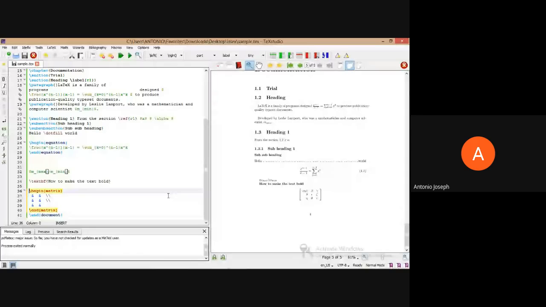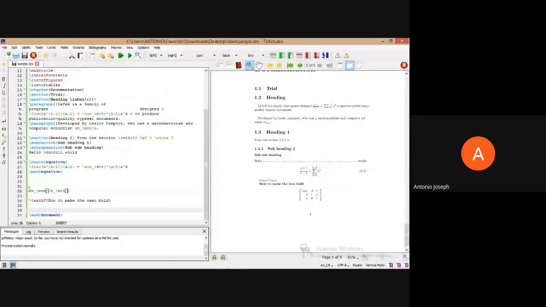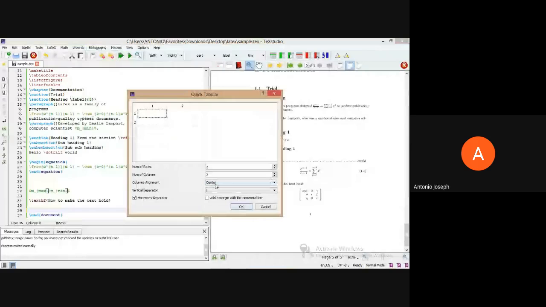Similarly, we can create tables also. The wizard provides an option for creating tables. Here also we can provide the number of rows and columns required, depending on our requirement, and we can specify whether it should be aligned left, center, or something like that.